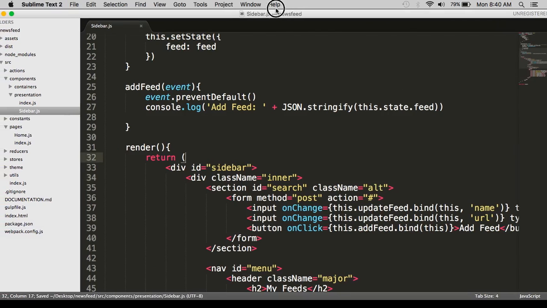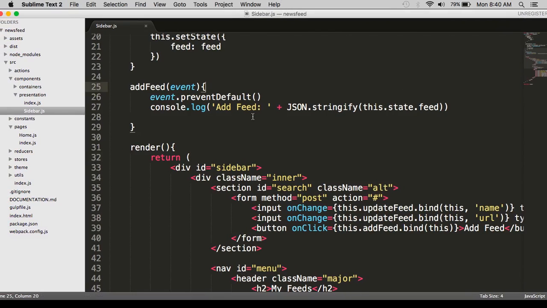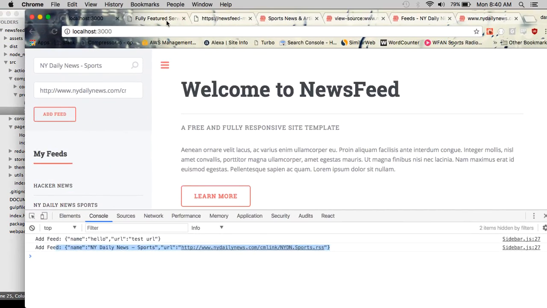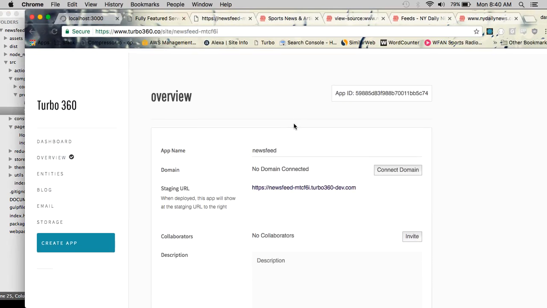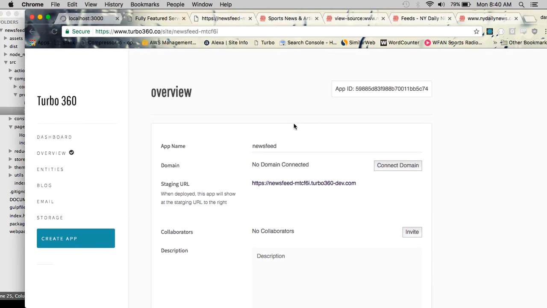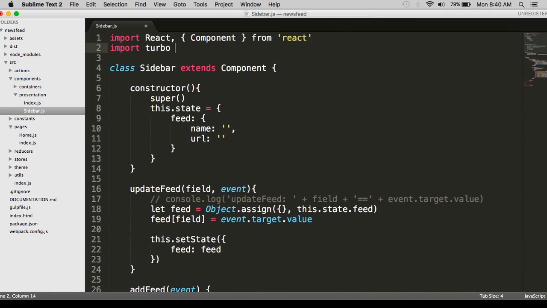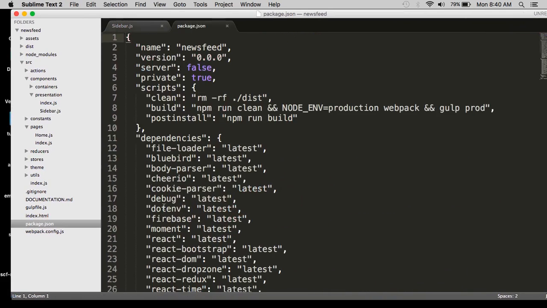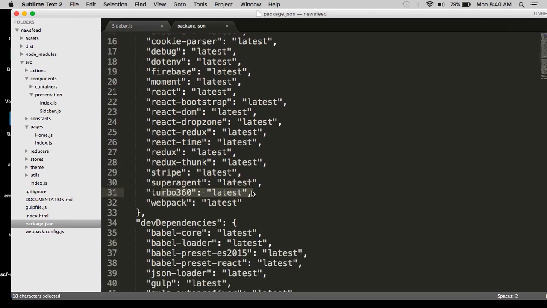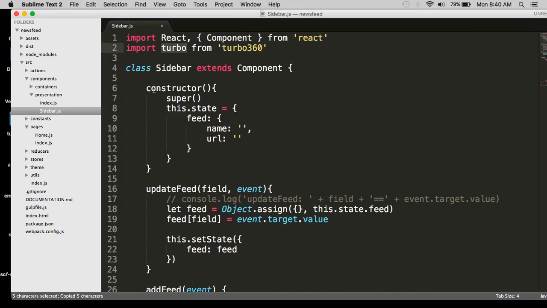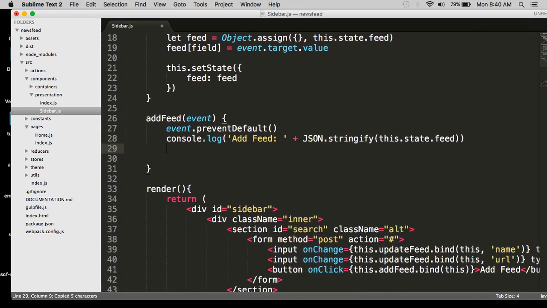So the next thing we want to do is actually send this to a backend. We're going to send this to the Turbo backend, which is essentially the project we set up right here in order to maintain some data, to get the persistent data. So what we want to do now is we want to import the Turbo client, sort of the client helper, and that comes from the package.json. It's already installed right here by scaffolding a project,